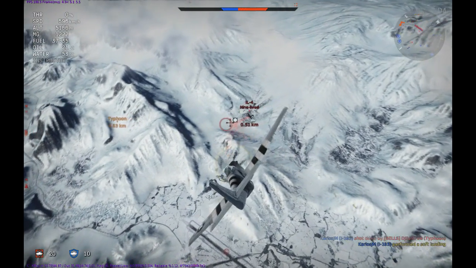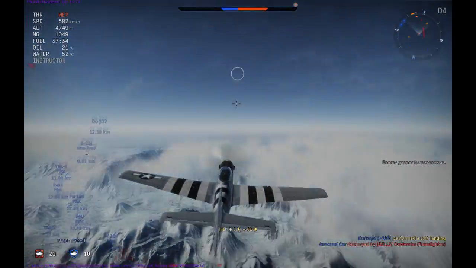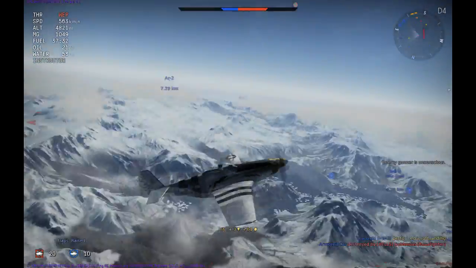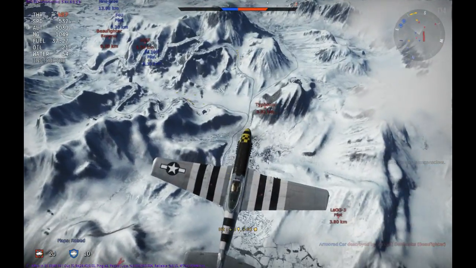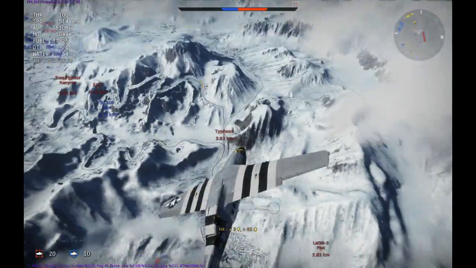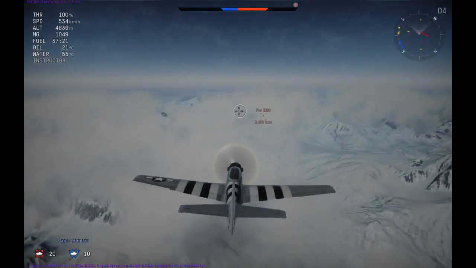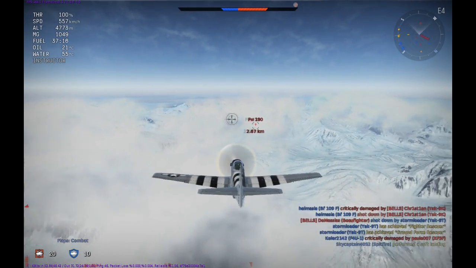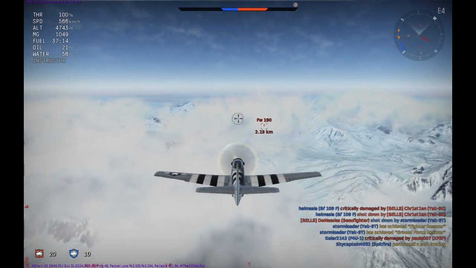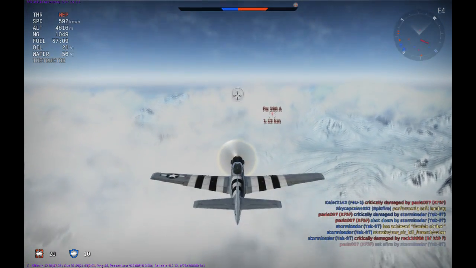So we come down at a shallow angle on this IL-4, and we're not intending to take the IL-4 out, we're just harassing them to force them down to a lower altitude. As you can see, we managed to kill one of their gunners and get one of the engines smoking, and unfortunately, due to a very small lag spike, we didn't manage to take them out. However, to make up for that, we've got a Focke-Wulf 190, A5U2 as it turns out, coming up towards us. They've spent the time climbing, and as you can see, our engagement speed is close to 590, if not 600,